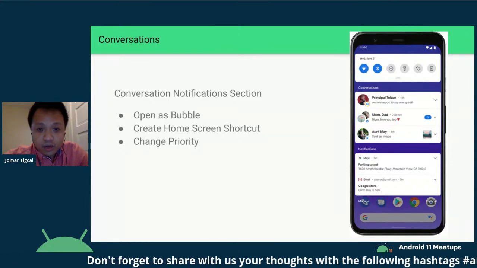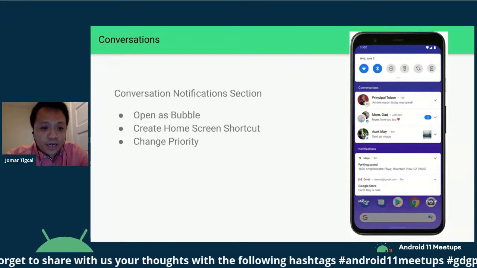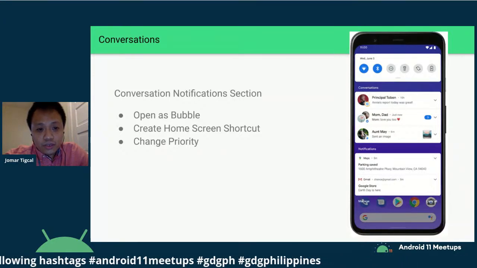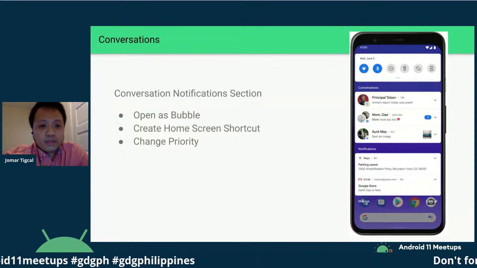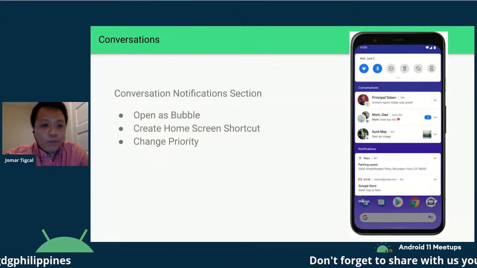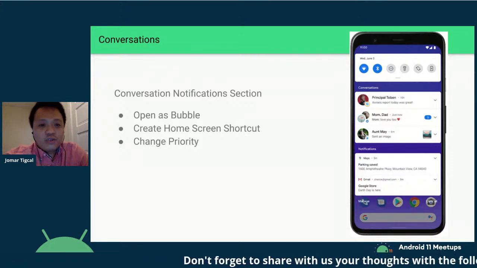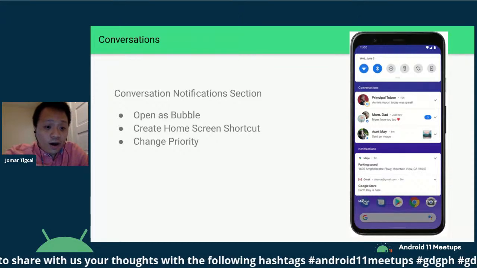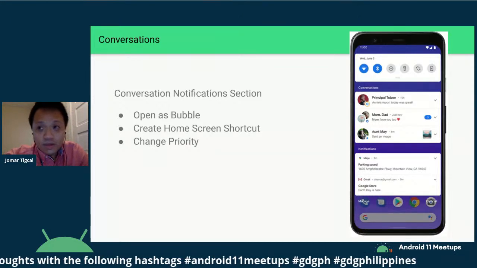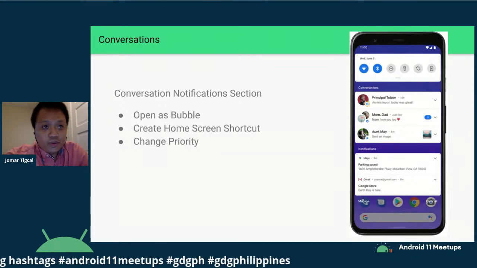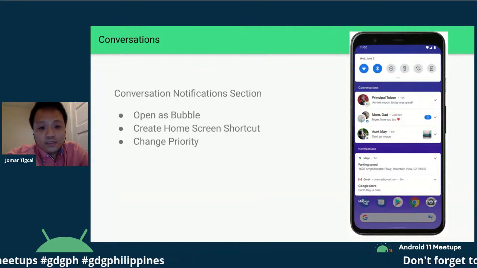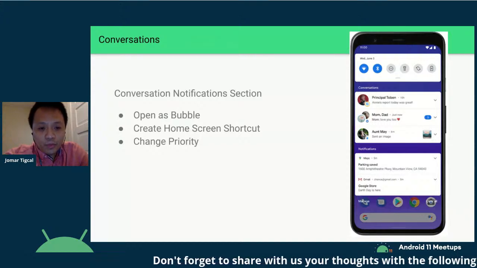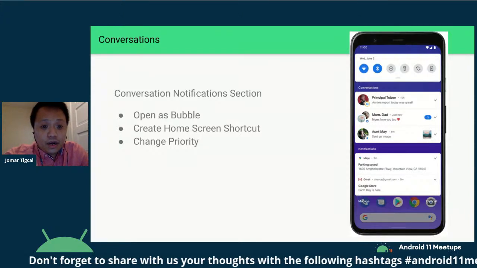You can see here in the image at the right, we have this conversation notification section. All those messages that are more important to people, instead of getting notifications about the weather or your devices or something, those are not important. People are more important. So they are putting that at the top.